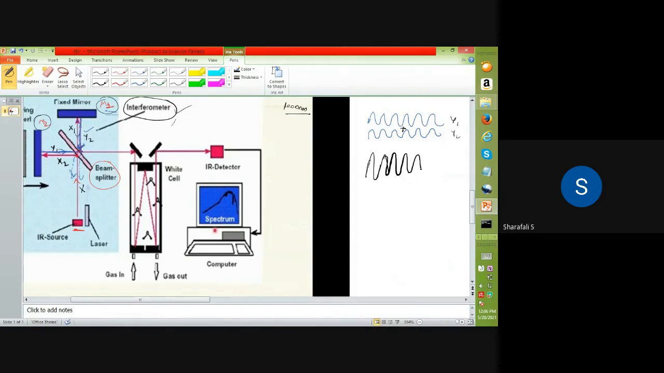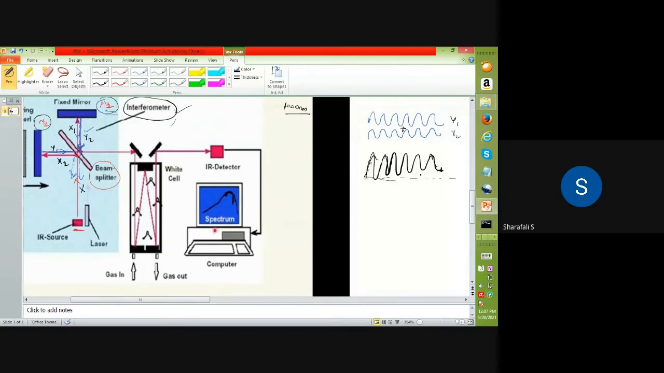So we'll get intensity which is higher in this phase. Like this, the intensity will change. So this is the pattern after that interference. This is the basic principle of that interferometer when we are dealing with a single